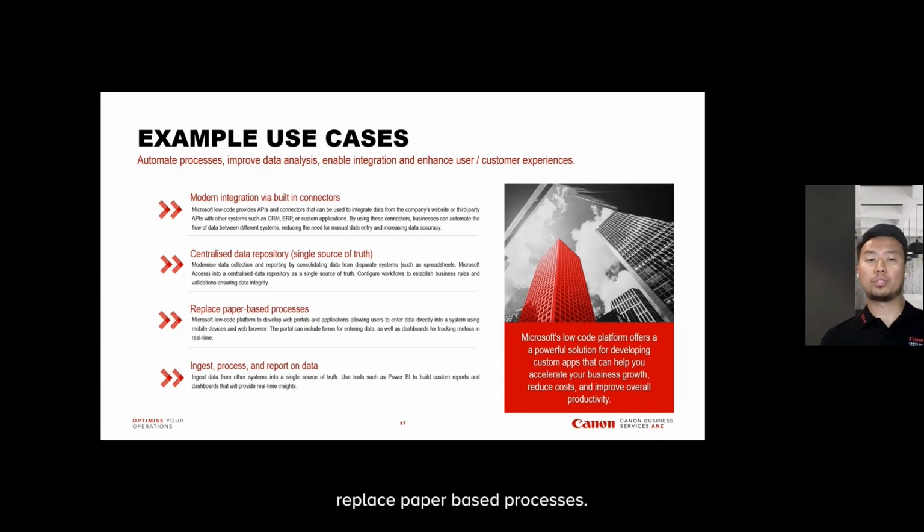Replace paper-based processes. A lot of times, this has been an Achilles heel for a lot of organizations, where they use things manually. Maybe applications were made manually back in the day. Or maybe going through, application were made via emails. Maybe these days, well, email is probably the new paper these days. And